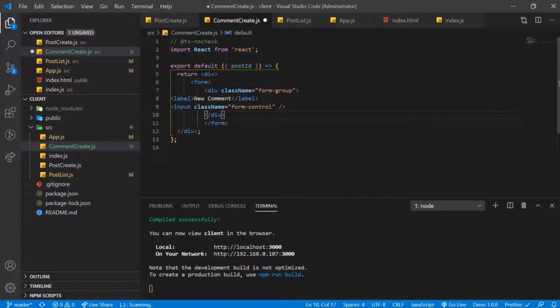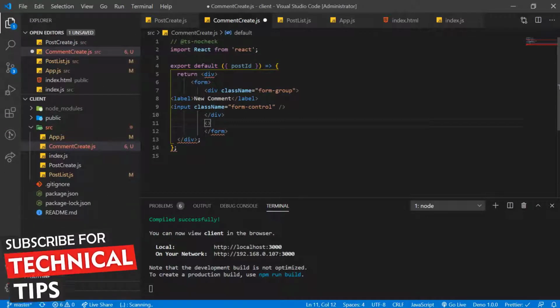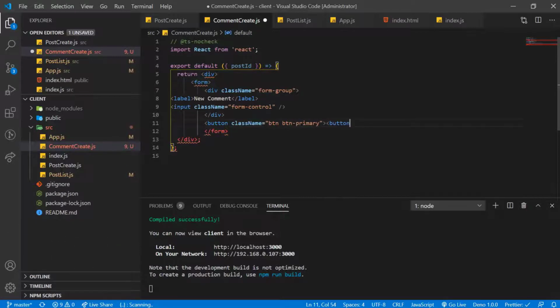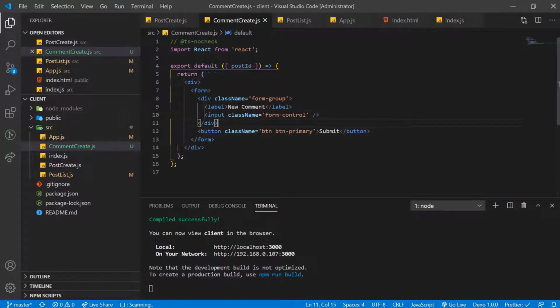After closing the inner div, let's add a button with class name btn btn-primary. Close the button, and enter some text here, say Submit. Save this.